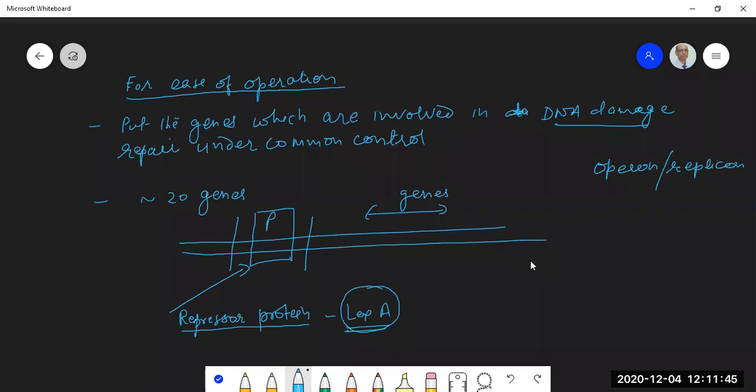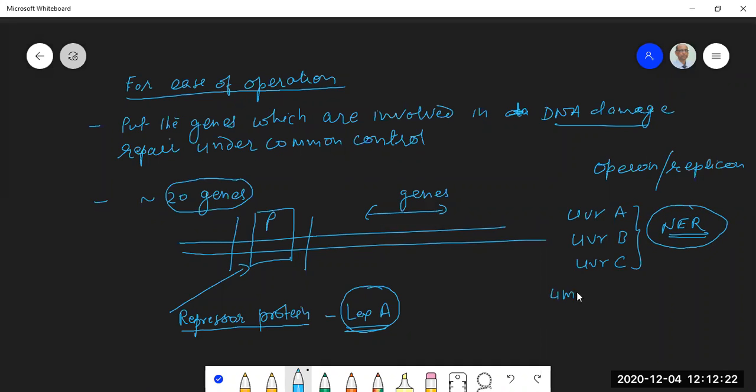Let us first understand what the different genes are. We are talking about 20 genes. So what are those genes? You can remember genes like, for example, UvrA, UvrB, UvrC. These are the 3 genes which are involved in nucleotide excision repair. We have studied this. Similarly, you have genes called UmuC,